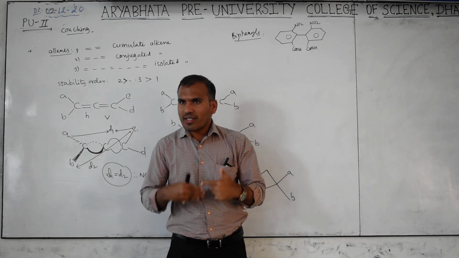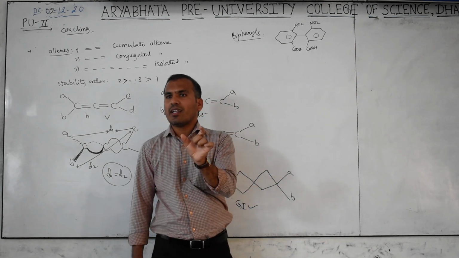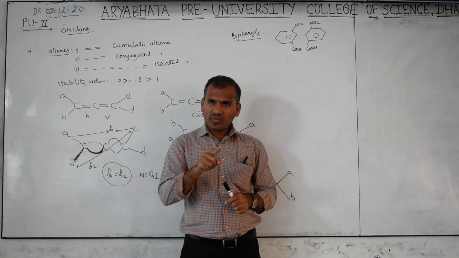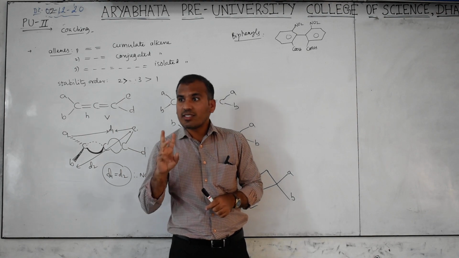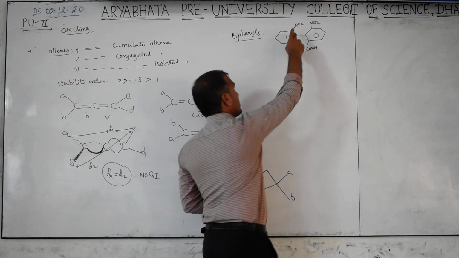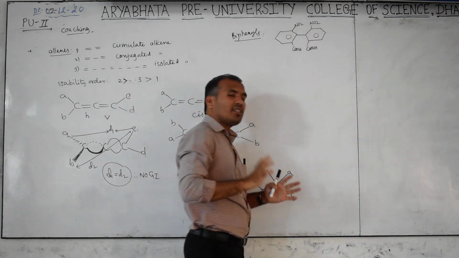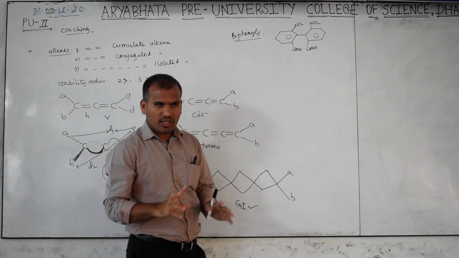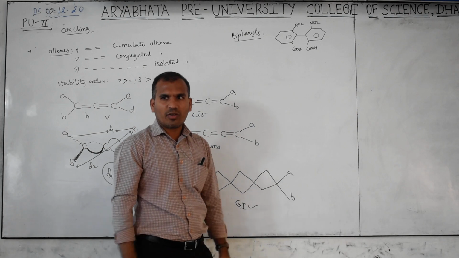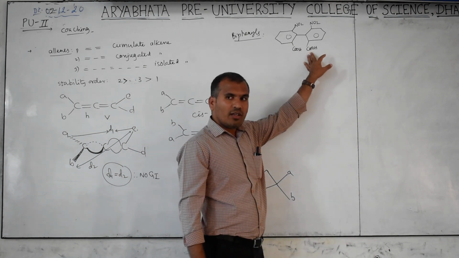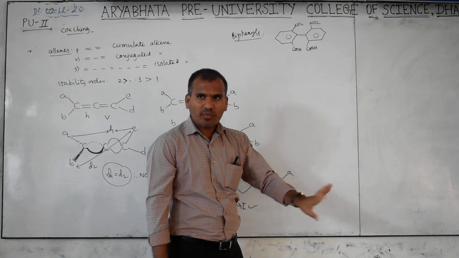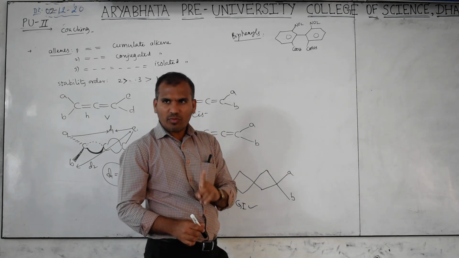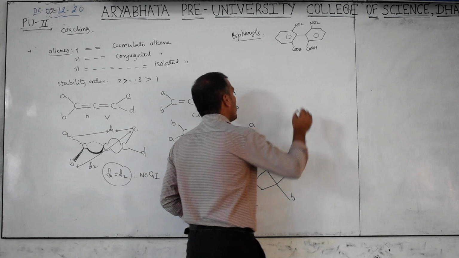Rotatable. But I am also telling you it is restricted due to steric hindrance. Check the last class: what is the restricted? One is a double bond, another is cyclic, third one is steric hindrance. Due to steric hindrance, this is restricted rotation. You got the concept here? Therefore, it is restricted rotation but does not show geometrical isomerism. Keep in mind: restricted rotation but no GI.